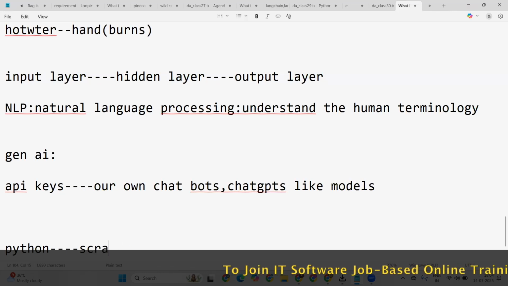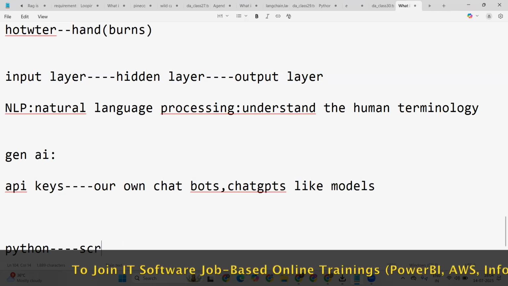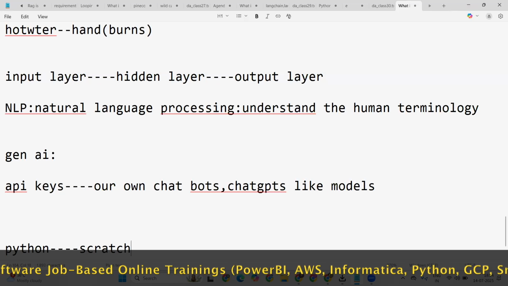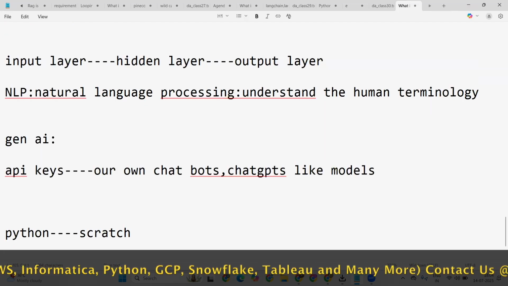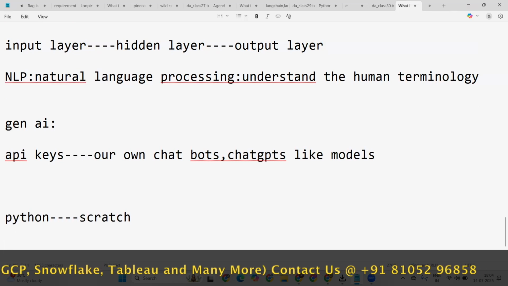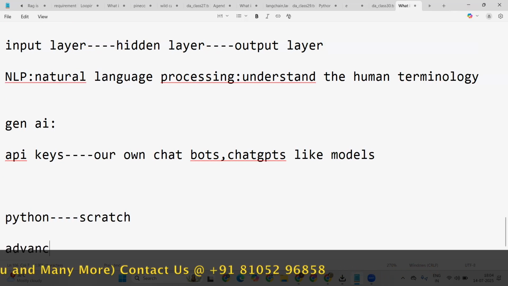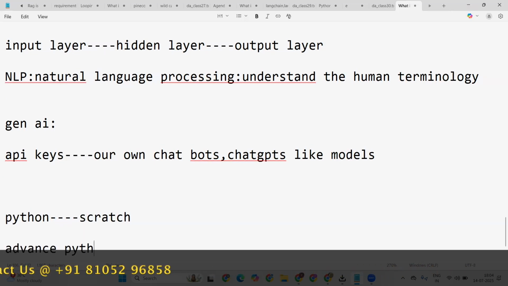So the basics of Python, where you are going to learn variables, data types, and even conditional statements, loopings, functions, exception handling, all those things. Once you are aware of all the Python topics, then you are going to move to advanced Python, where you are going to learn